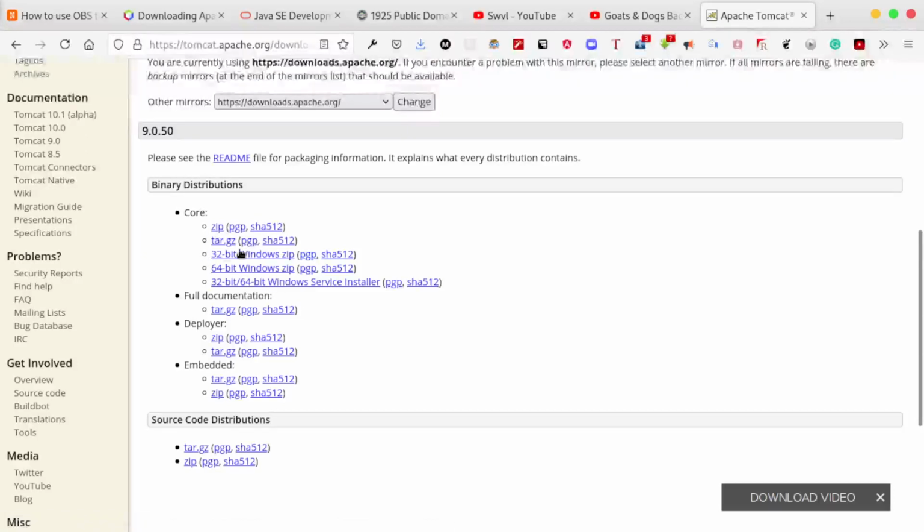So for those platforms, I would recommend that you use a zip or a gunzip, and then you just extract it in a location that can be accessed by other programs, because we are going to integrate our IDE, that is NetBeans, with the downloaded server.